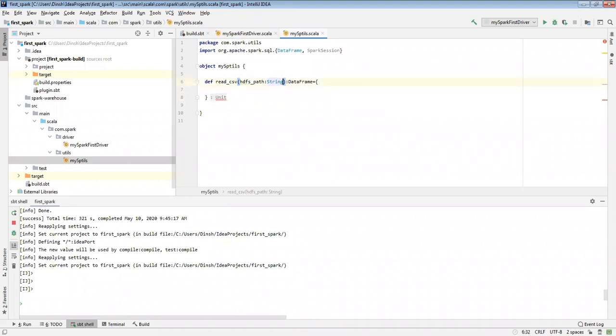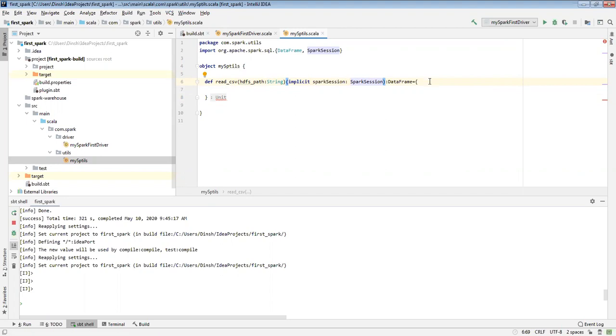So if I want to use it inside this method, I just need to add that implicit. Implicit is Spark session. That means whatever the Spark session I have created in the driver will be implicit in this method also.